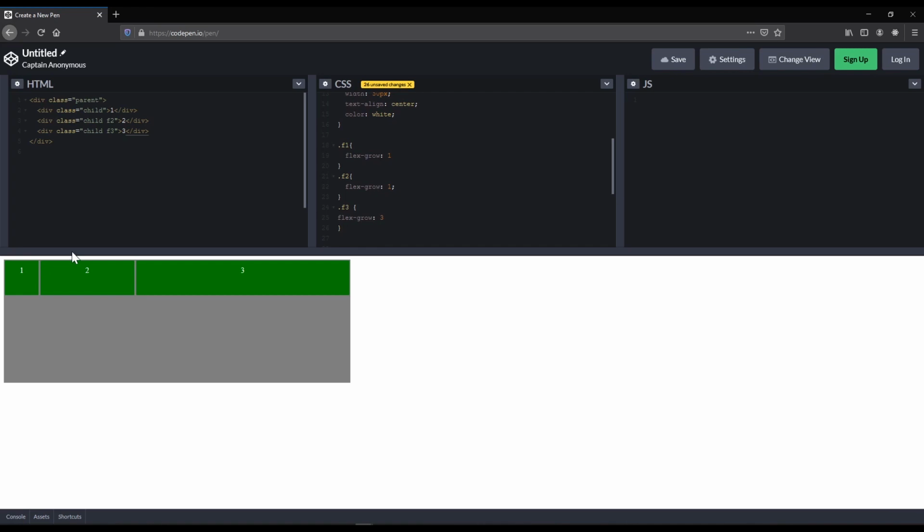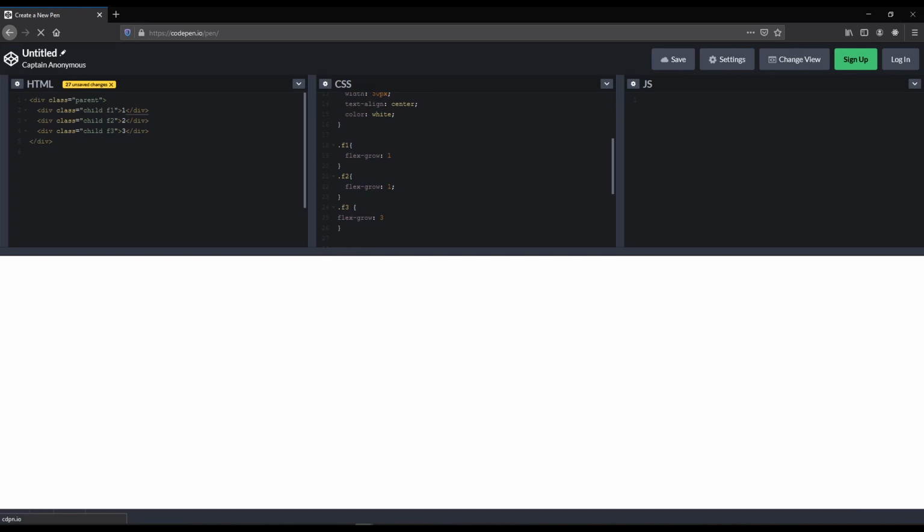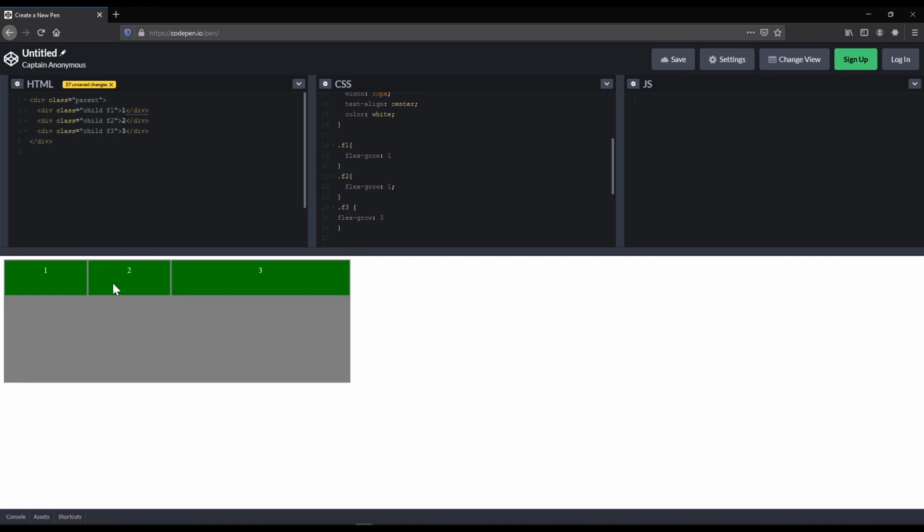These two will be the same size. I haven't applied CSS here, let me put F1. You see, in terms of occupying the remaining space,